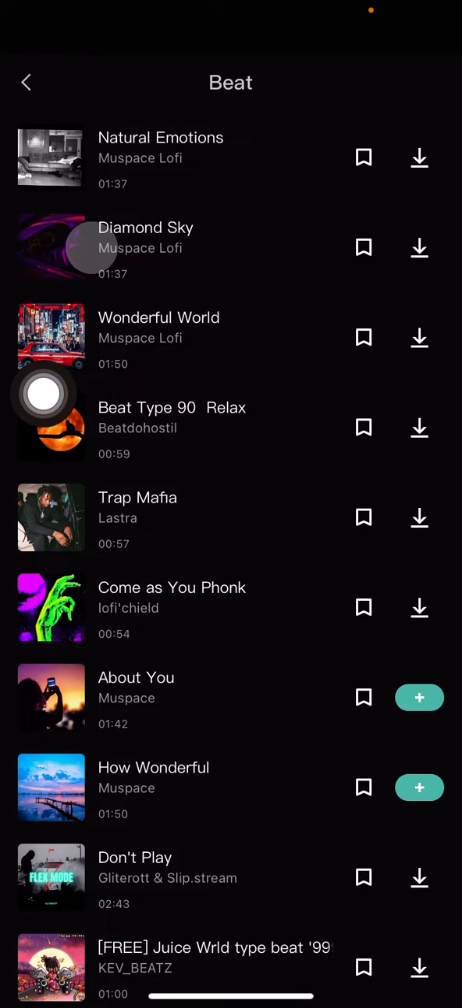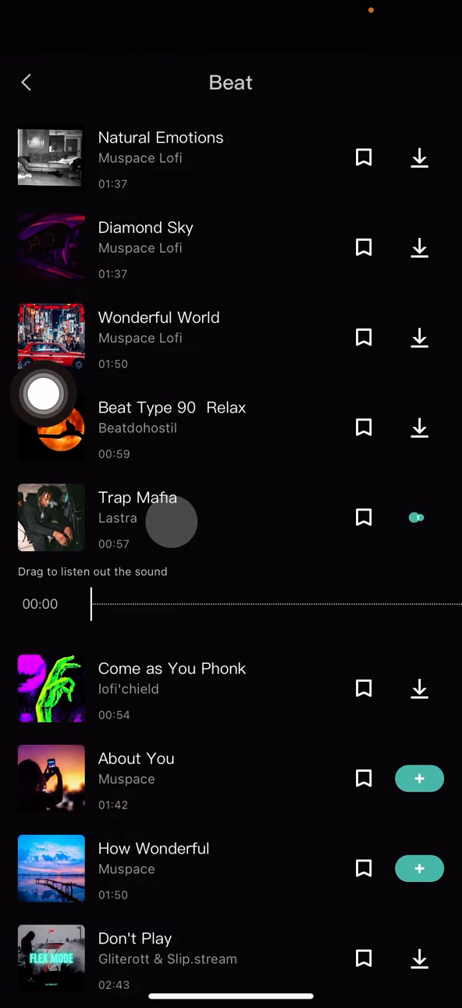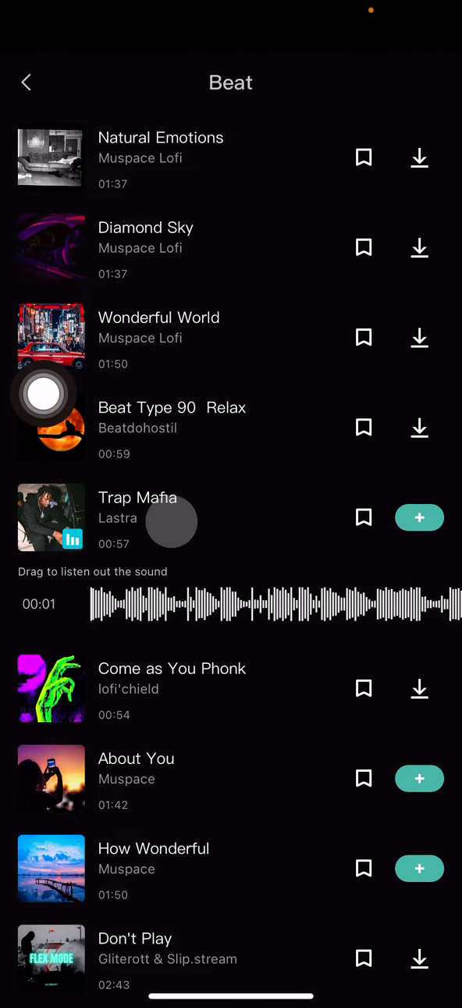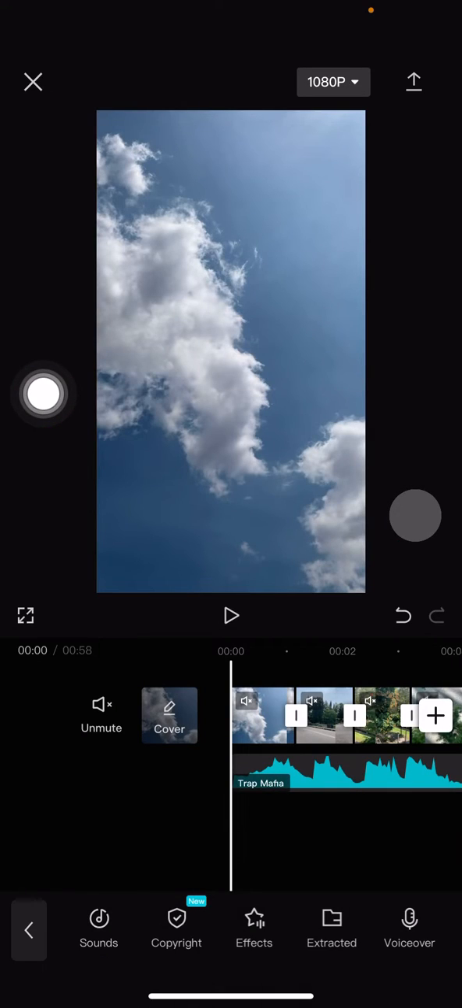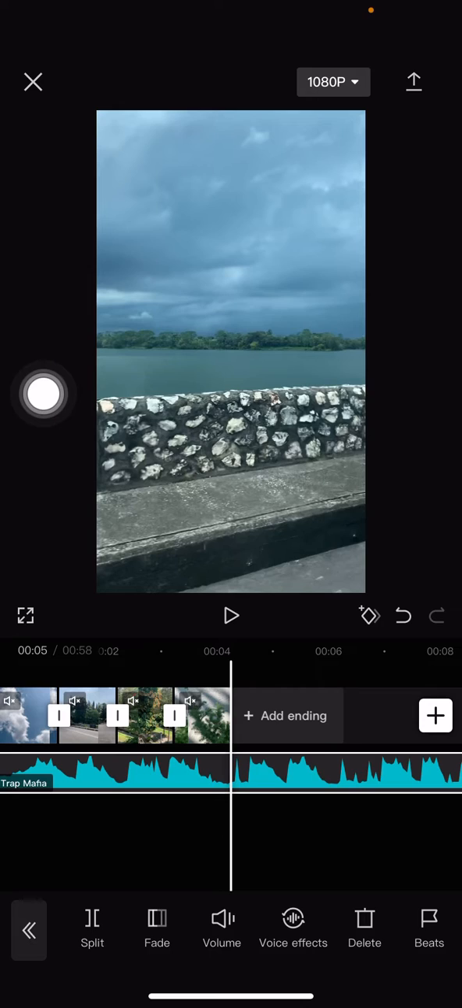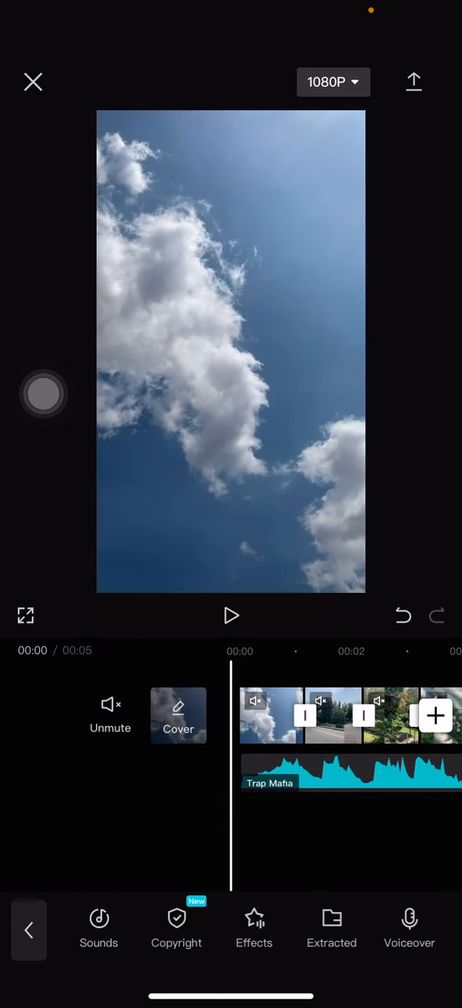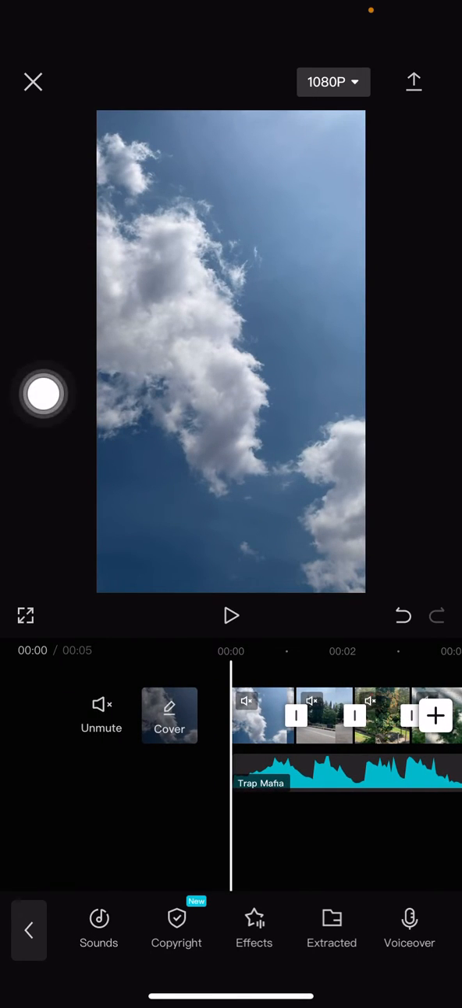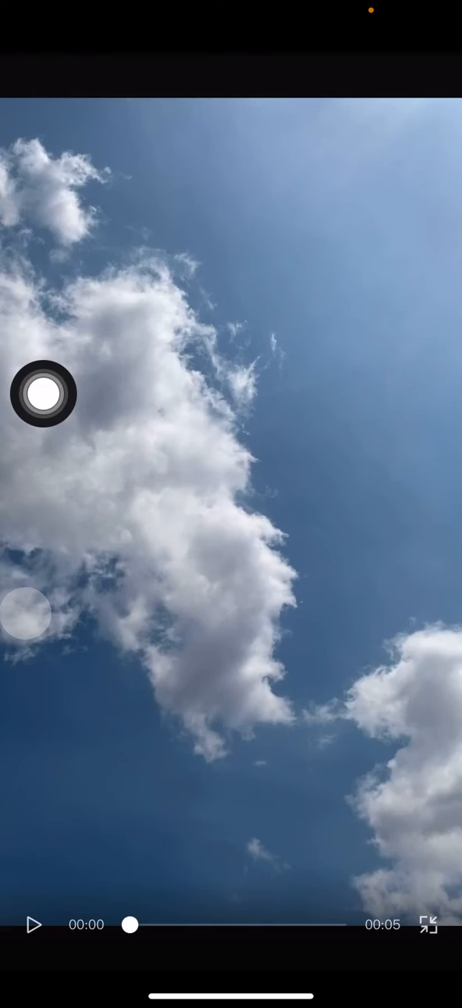Choose any songs, then click the plus button, and then I would like to adjust the length of the music according to the length of the video, and done. Let's have a test. And this